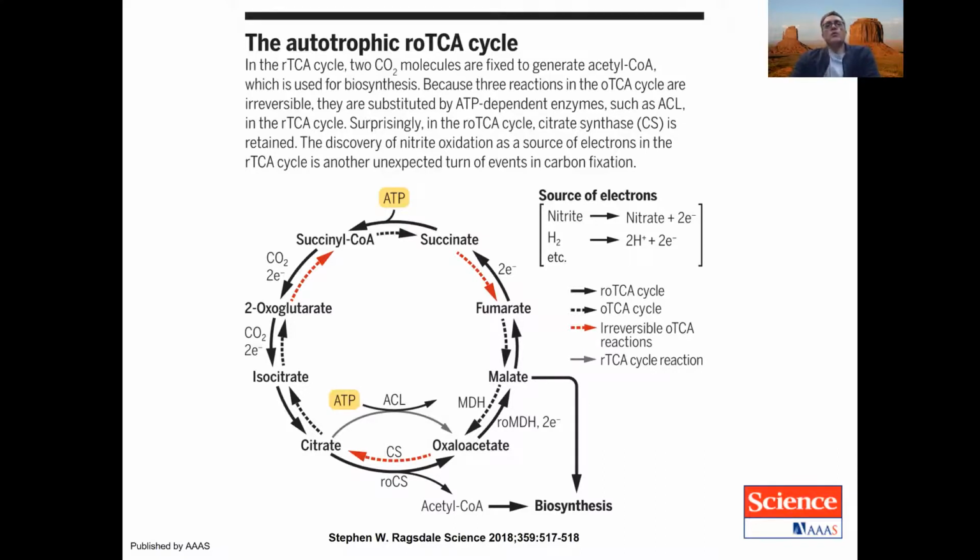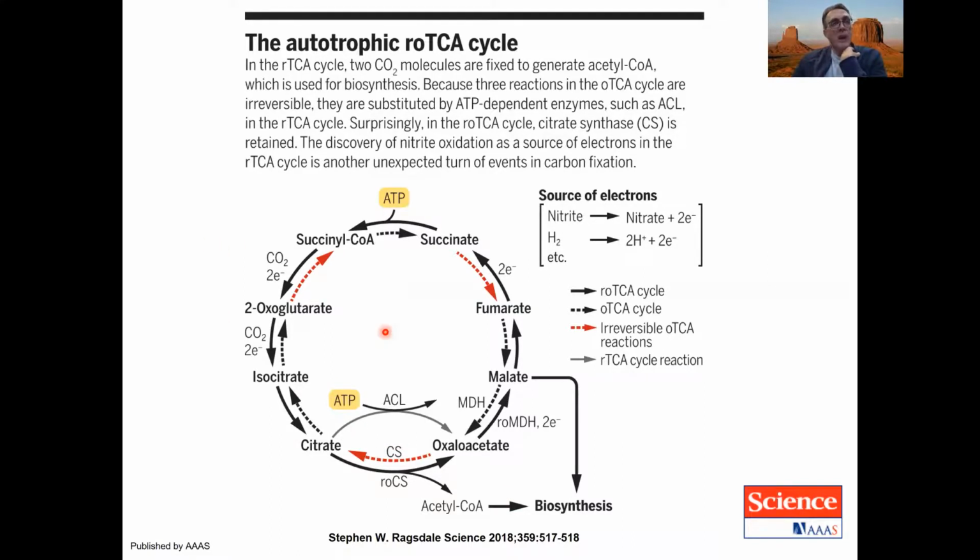All right, so in the clockwise version that you see here in the red arrows that we have, which is the canonical way, we have oxaloacetate combining with acetyl-CoA to give you citrate, and it goes clockwise. I mean, you just have to rotate the cycle a little bit to put citrate synthase at 12 o'clock as opposed to 6 o'clock, but it's clockwise. And if it runs clockwise, as we discussed, you produce electrons and they find their way onto NADH and so on and so forth. So for the NAD+, of course, you release carbon in the form of CO2. Whatever carbon comes in, it comes out as CO2.